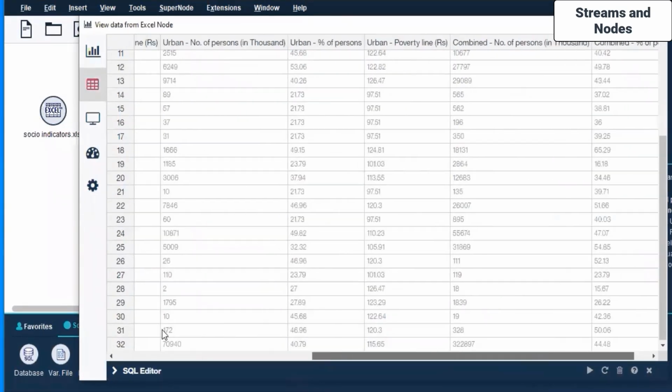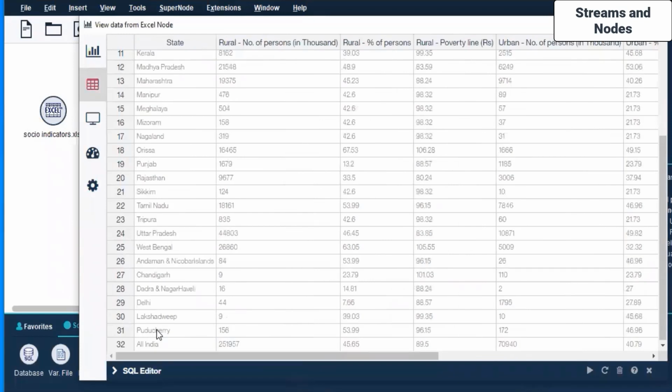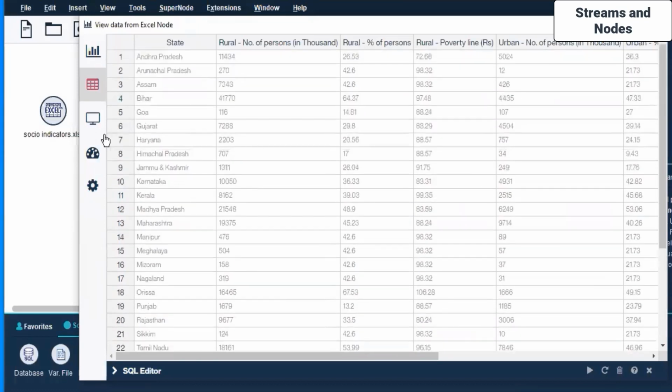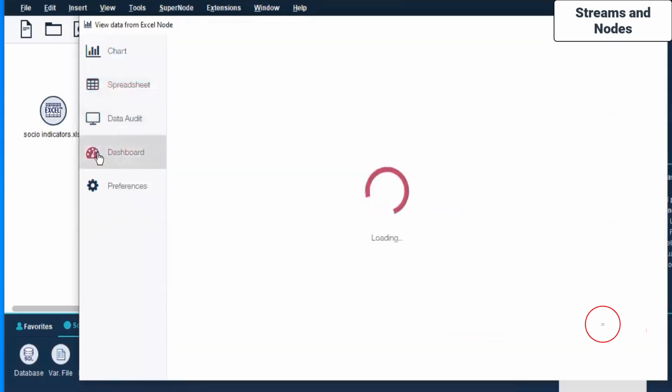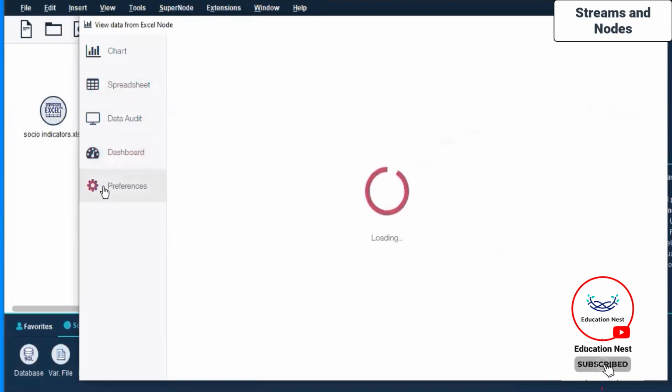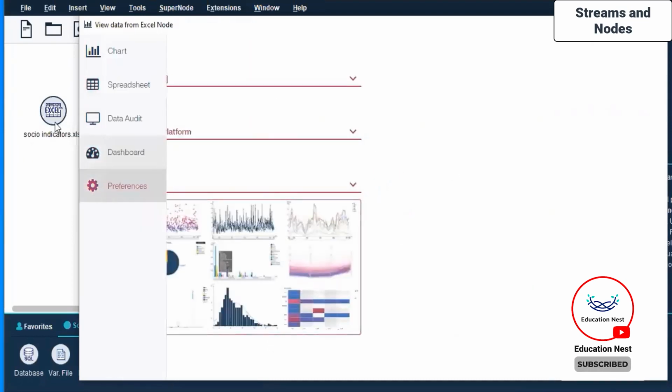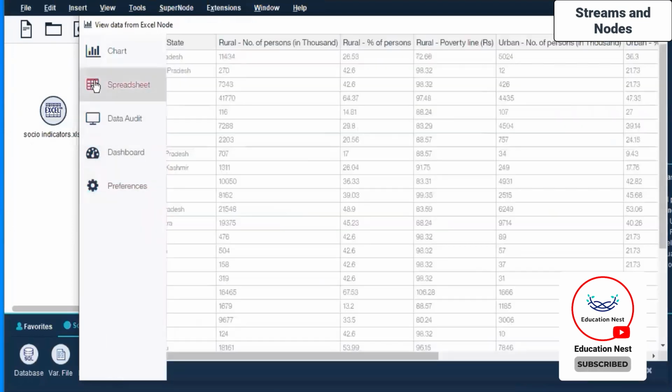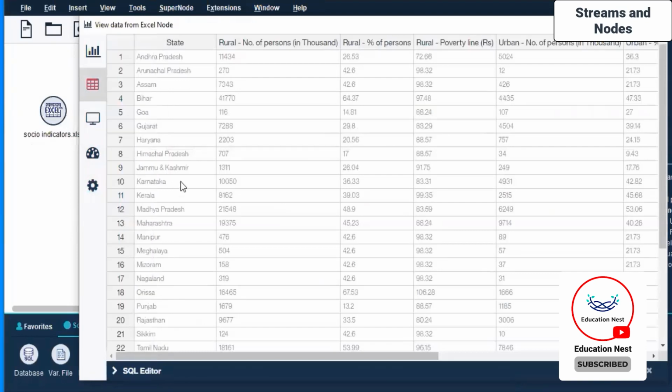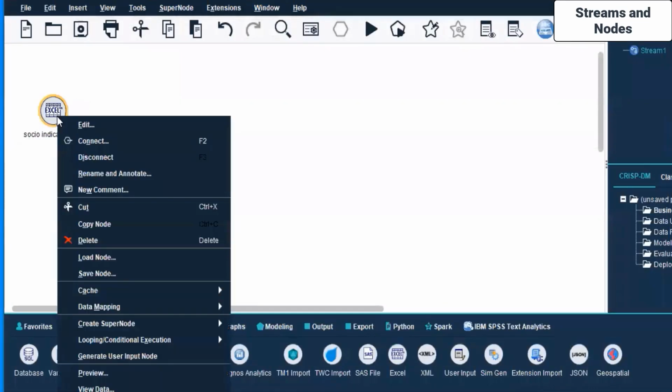They have taken only one, or one of the active worksheets, is it? Fine. This is one such data set that we have. Let's go to the dashboard. The preferences. Yeah, no, we don't need to do anything on the preferences. Or instead of this, let us see if we can pick another